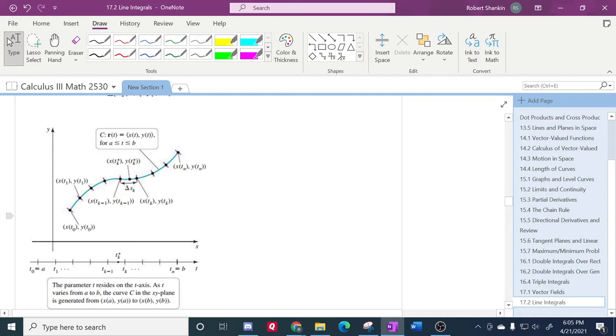As t varies from A to B, the curve C in the xy plane is generated from this first point to this last point. Okay. So,